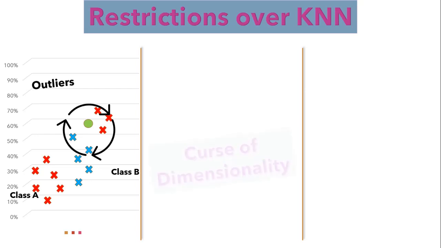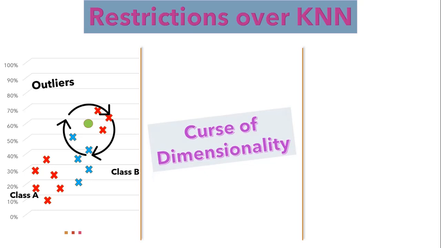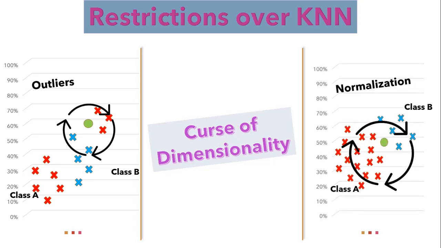Let's see another area where we can't use this algorithm. KNN is a type of lazy learning that requires most of its computation to be done during testing rather than during training. So this can be an issue for larger data sets. And just to add one thing, if we increase the dimension of our data, KNN will also fail to perform well. Last but not the least is normalization.